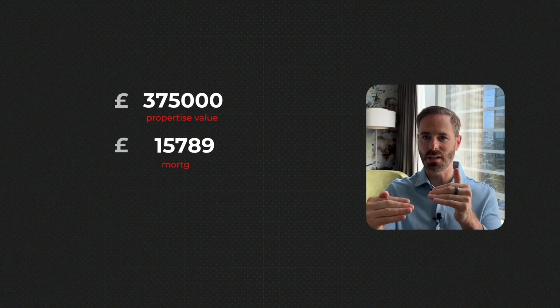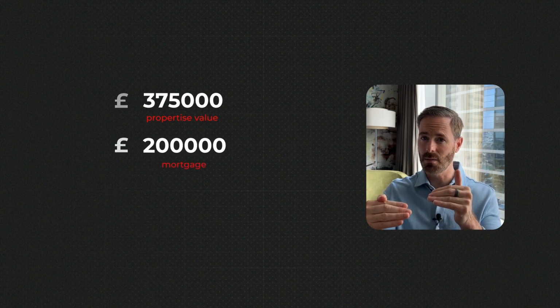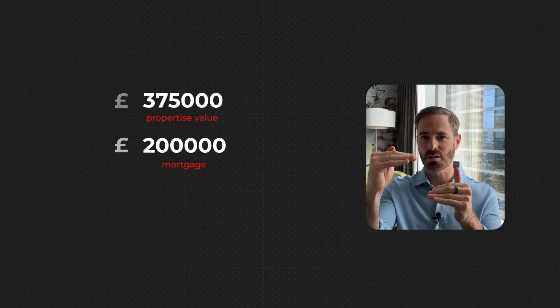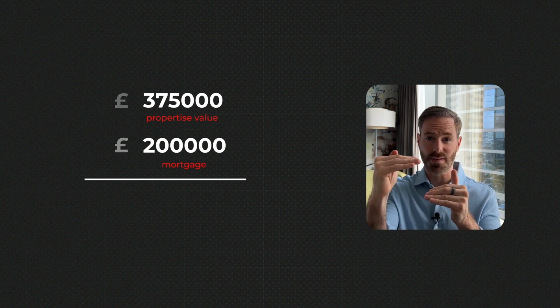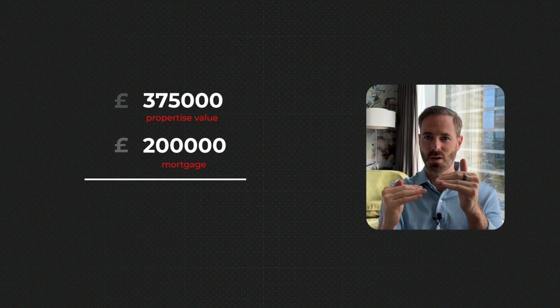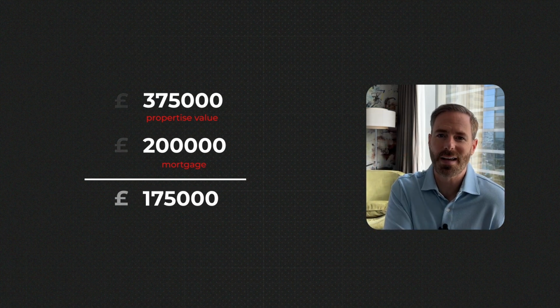Now, considering that you've got a mortgage of £200,000 at the moment, but you've got the threshold to borrow up to £375,000, there's a differential between those two of £175,000. That is what we're going to be discussing working with, and we're going to utilize that money to create cash flow. So the strategy does increase the debt that you have with your existing property. We're not forgetting that. We're just figuring the way to use this method to pay that comfortably, safely, and